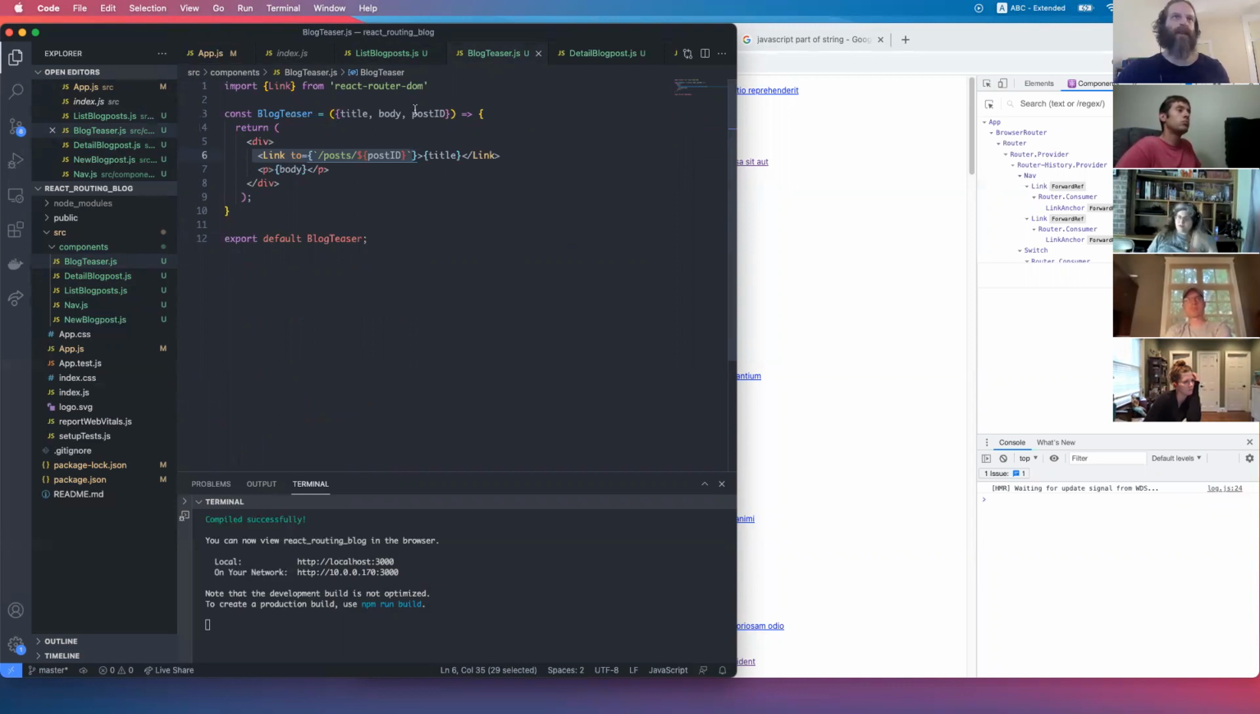So we can grab them. We don't have to do this, but it's just convenient. And then this is going to return a link, and the link is going to be generated in part based on the prop. And then when someone clicks on the link,